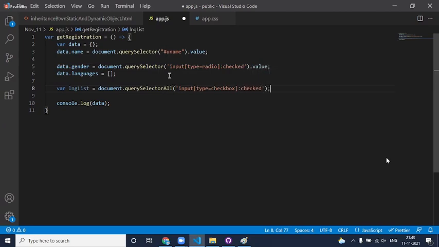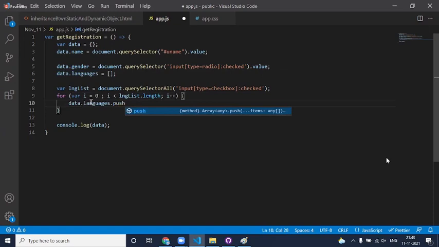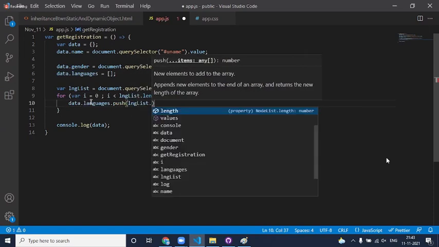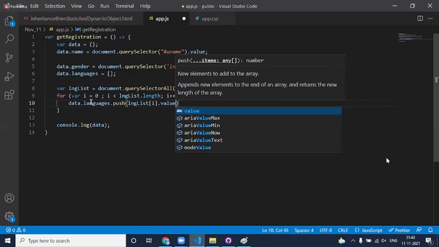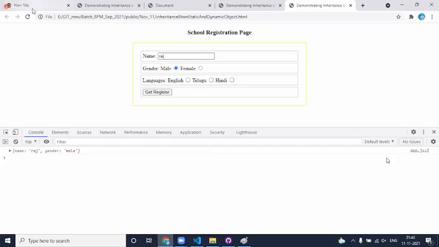Now I need to loop over lngList, where i is equal to 0, i less than lngList dot length, i plus plus, data dot languages dot push lngList i dot value. That's it. Now if you save this, let us see how it is working.